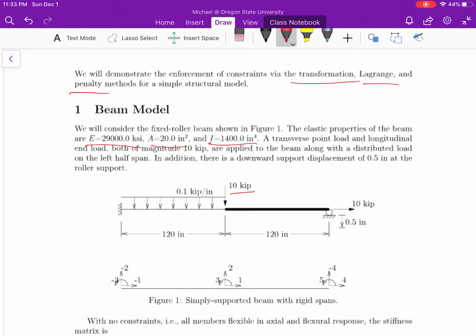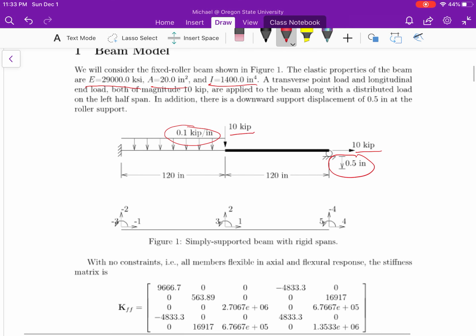There's a transverse point load applied at midspan. There's an axial or horizontal load applied at the end. There's a uniform distributed load across half the span, and there's also a support displacement right here at the roller support. Okay, so the model has 5 unconstrained degrees of freedom and 4